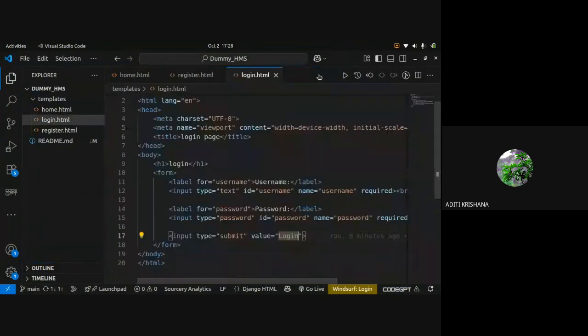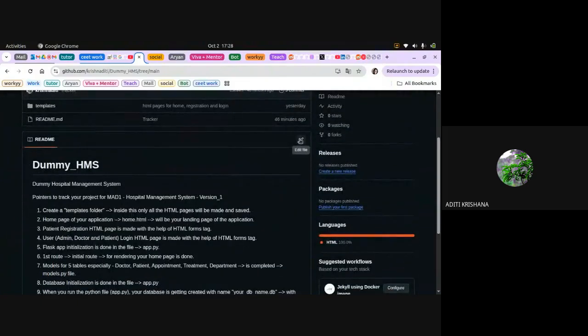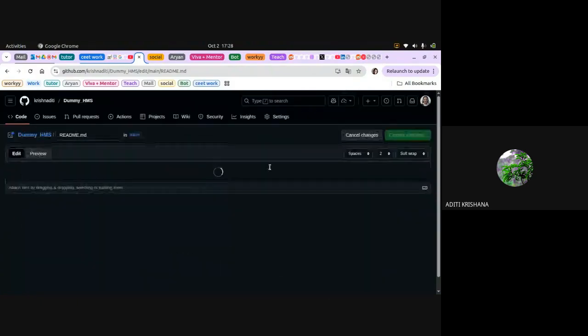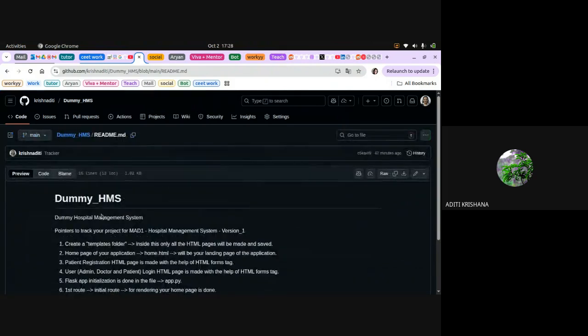When I was doing all the commits from my VS Code, right now before starting the session, I just edited my README file from GitHub. I just wrote everything there and then committed the changes from there. So it has got some fork issue, branching issue, because it is telling that something has been done there and something is being done in the VS Code, so there is some clash.